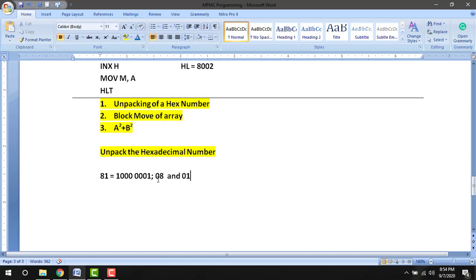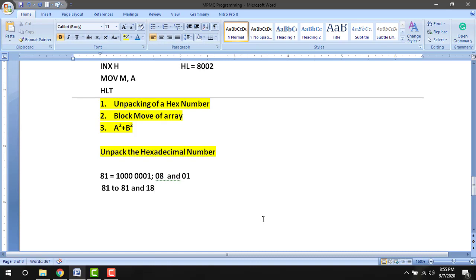So the logic is, first we have to separate this number as 81 and 18. So we need to convert this 81 as 81 and 18. Then we have the two numbers 81 and 18.